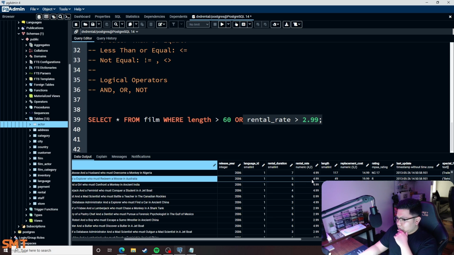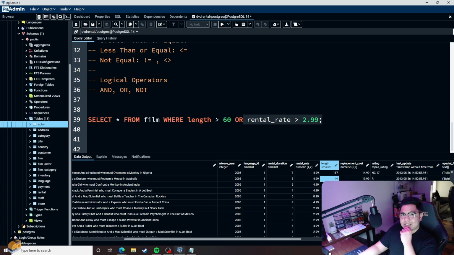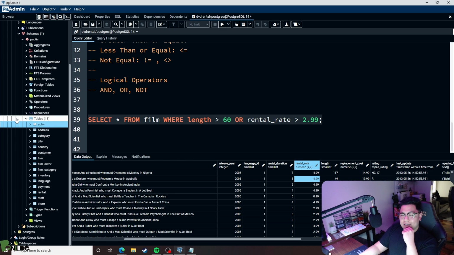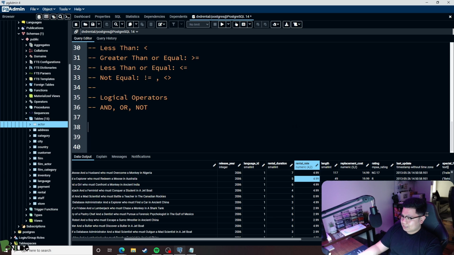Its duration or length is less than 60, but it has a rental rate greater than 2.99. So it's 4.99, so it's still included in this condition here in our select statement. So again, a simple exercise. Let's do